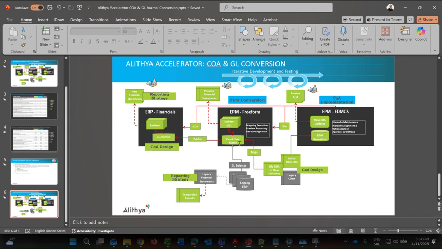Usually this process requires multiple loads and corrections on chart of account hierarchies on multiple segments which are defined in the chart of account. And for reviewing these changes, we basically build a bucket of reports in EPM Freeform to utilize that. And also what is possible if we have EDM in the project, Enterprise Data Management,